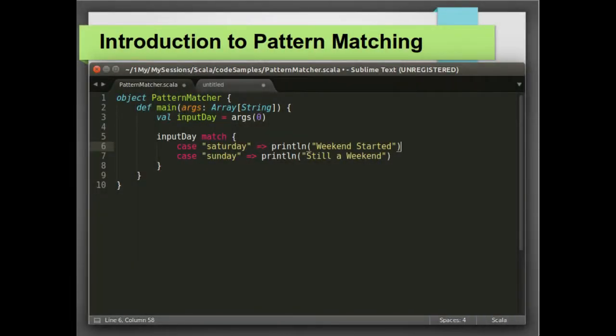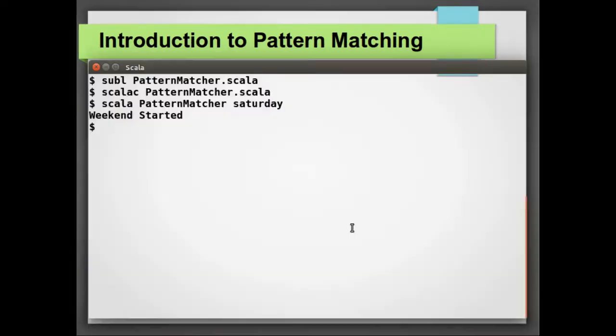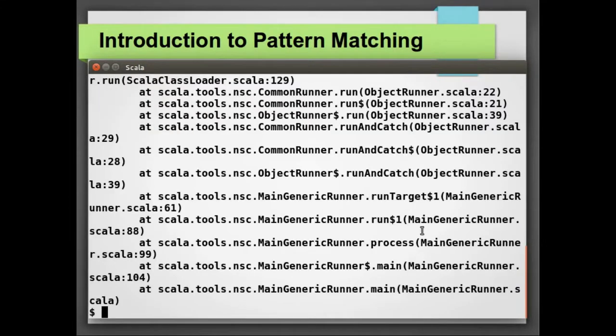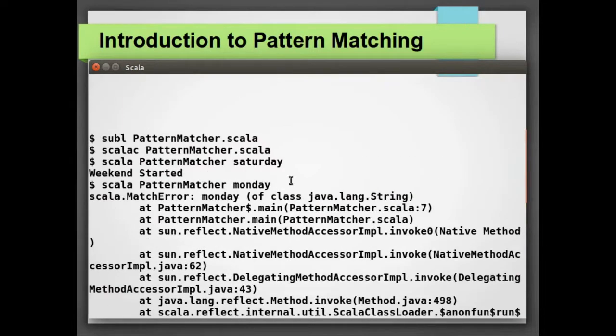Notice also how in this example we only have two possible cases in the pattern match. What if the variable that we are seeking to match did not match any of the patterns? Let us say, for instance, that the value of input day that we were trying to match is Monday. It would not match either of the patterns, Saturday or Sunday, and the result would be a scala.MatchError.